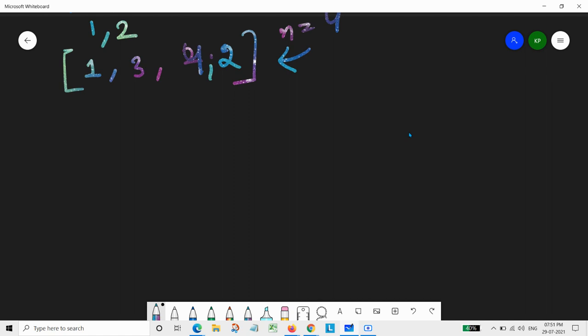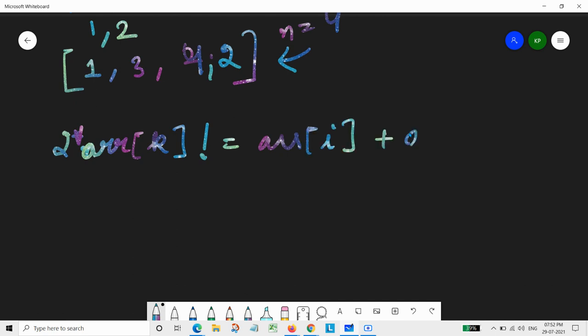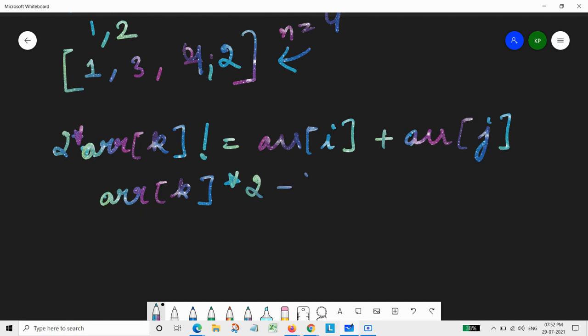Whatever a number is, if we take our array's kth element, and it is not equal to 2 times, it is not equal to array of i plus array of j, and on this element if we put this formula, that is array of k into 2 minus 1 in array of j into 2.